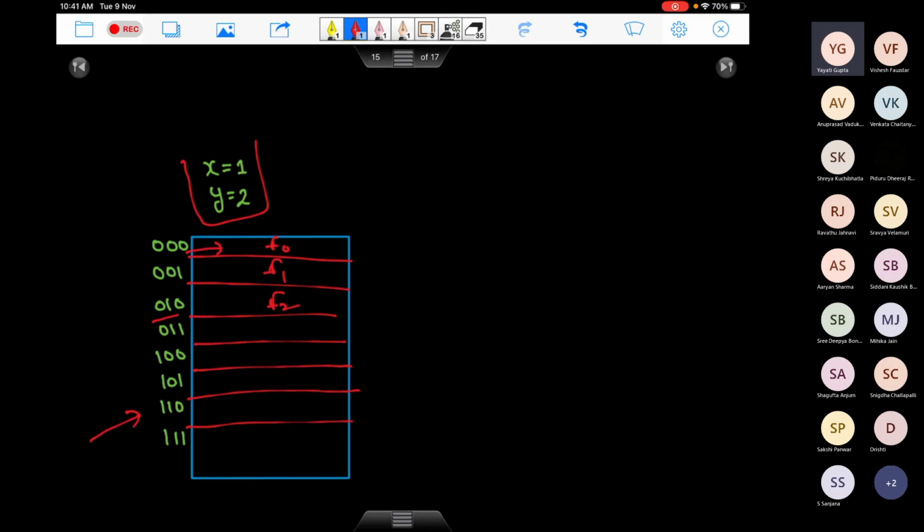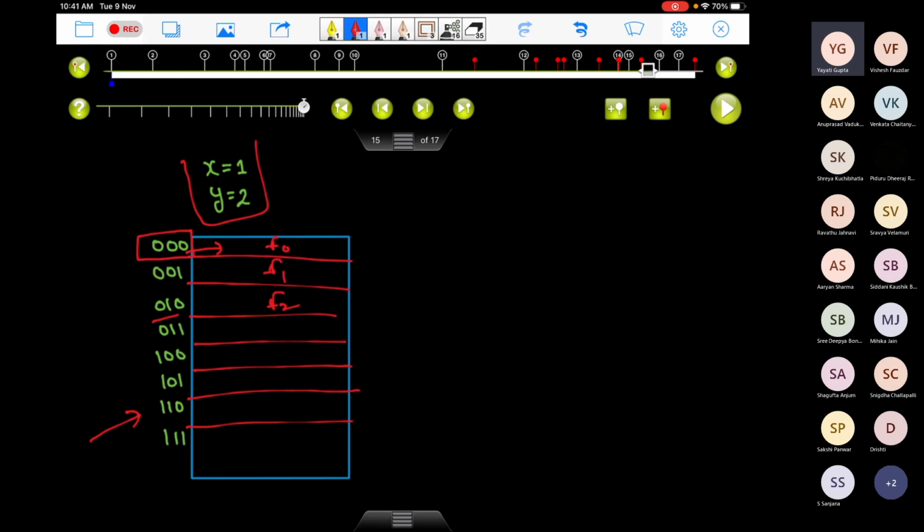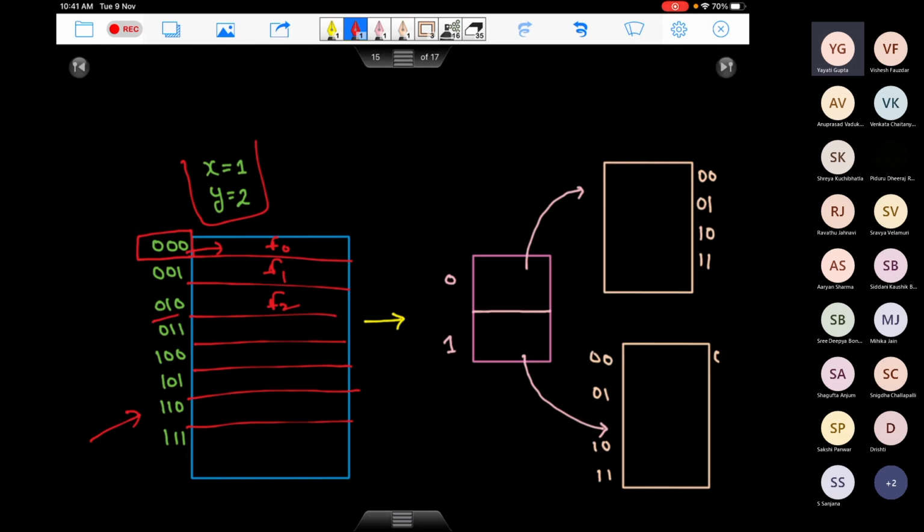So what we did was, instead of representing this like this, where we have 3 bits for representing the page number, we broke it down into these two parts. We said x equals 1, y equals 2. For one table, use 1 bit. So I now have 2 entries corresponding to 0 and 1, and both of these entries have a pointer. A pointer is nothing but a memory address. So this is giving you a memory address P0, and this is giving you a memory address P1. What does P0 have? P0 has another table, or another array, of size 4.